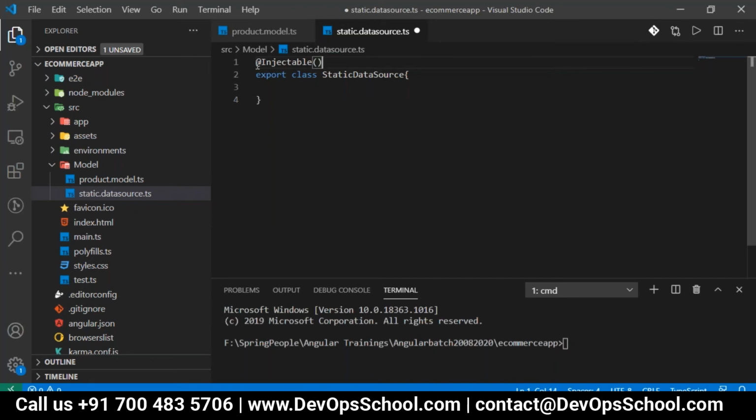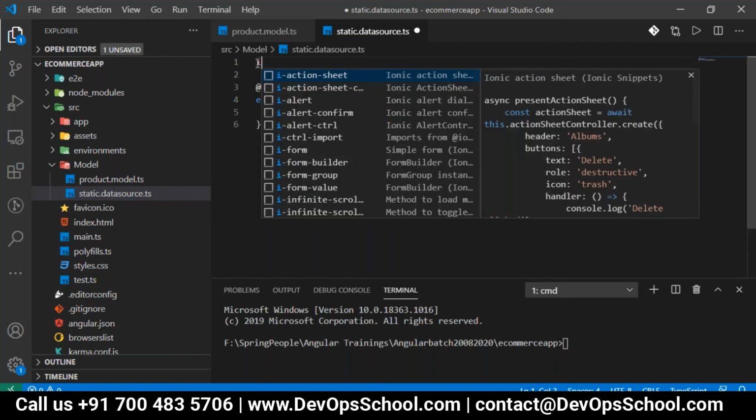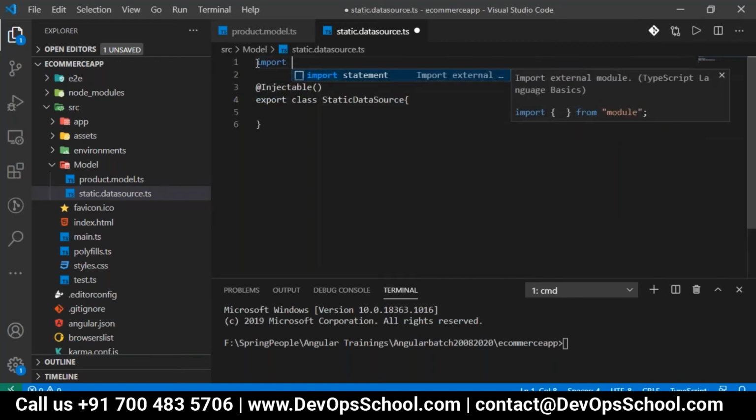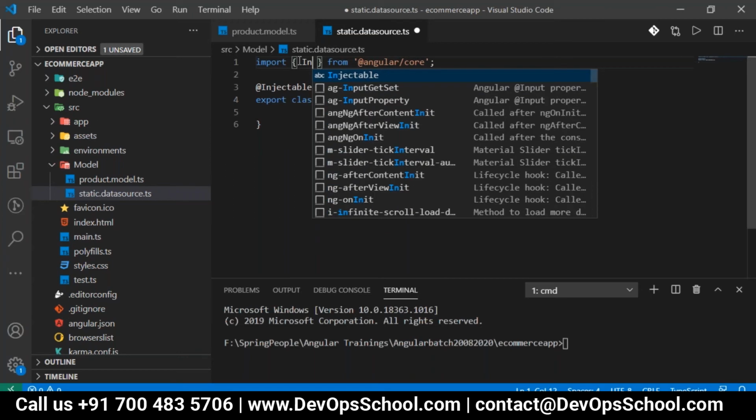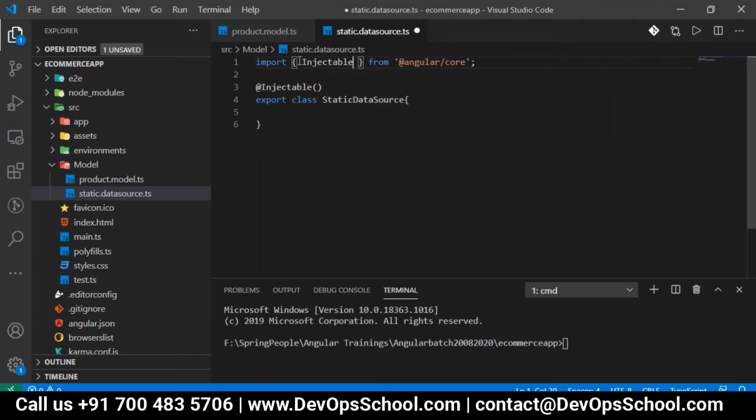Injectable should be imported from Angular core. So we just imported the injectable.